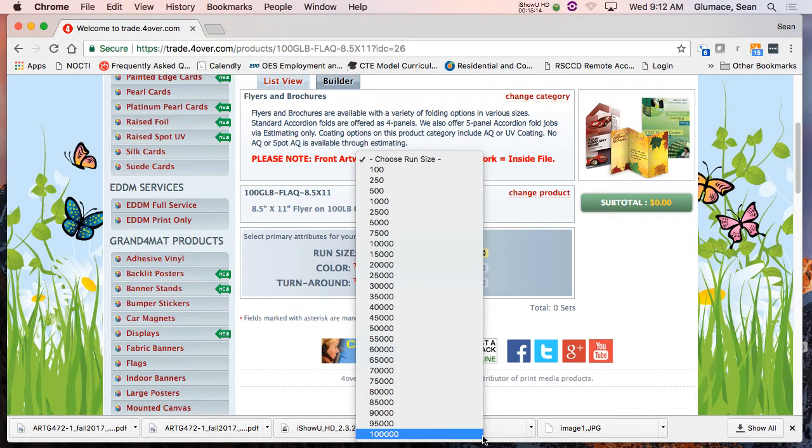And the reason is, once you hit 500 or 1,000 on a digital printer, the cost doesn't come down. The cost stays the same with digital. That's why we didn't see any higher numbers, because if you're going to do 1,000, even 4over wants to run it off their big press. It's faster. So think of a digital press. It's just like that printer we have back there, just much bigger. And it's just printing them off one by one. Well, they're only so fast.